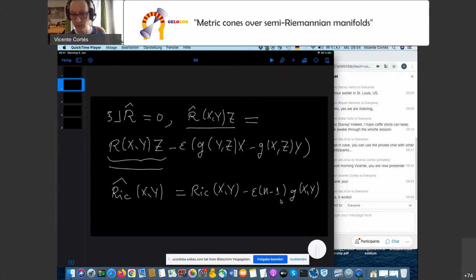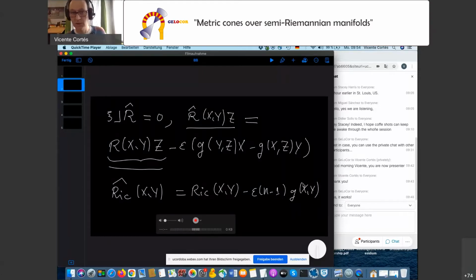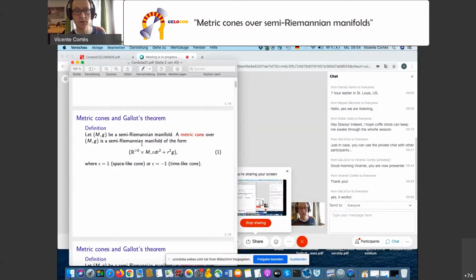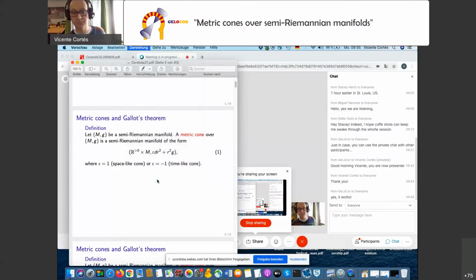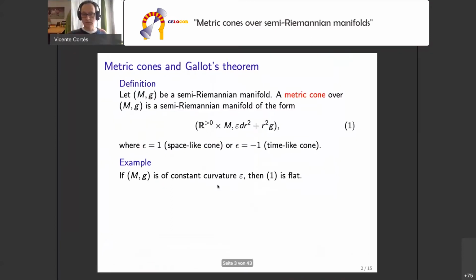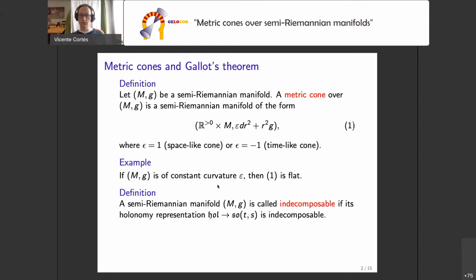Okay, so after having recalled such formulas, which are very useful for orientation, I continue here with the Beamer presentation. As we saw, if the base manifold has constant curvature epsilon, then the cone metric is flat, and this is if and only if, at least if the dimension of the base is larger or equal to 2. And we will be interested in studying the holonomy of such cones.